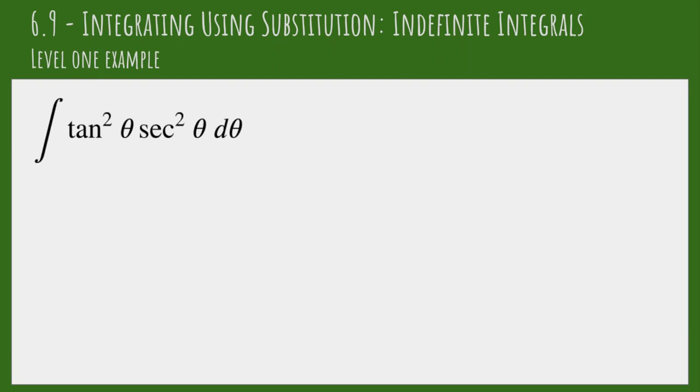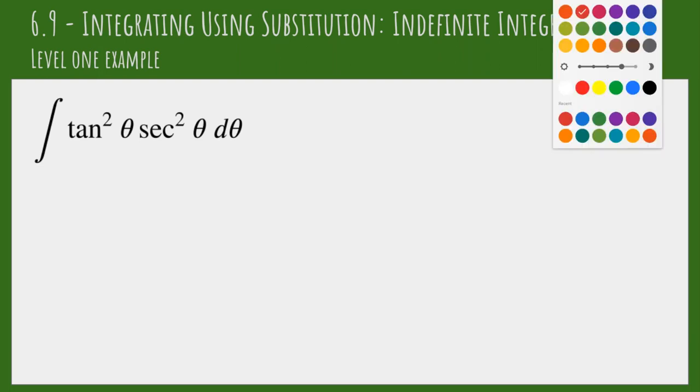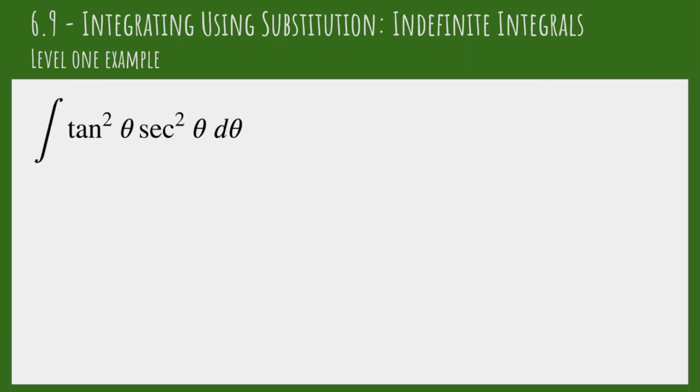Third example, this one's a little bit trickier for choosing u. So we want to keep in mind that we're trying to simplify the expression, but also we're going to be taking the derivative of our u, and we want that derivative to be involved in the expression also. So keeping both of those things in mind, I'm going to choose u equals the tangent of x. And just thinking ahead, I know the derivative of tangent of x is secant squared of x. So the derivative part is going to help us get rid of this,